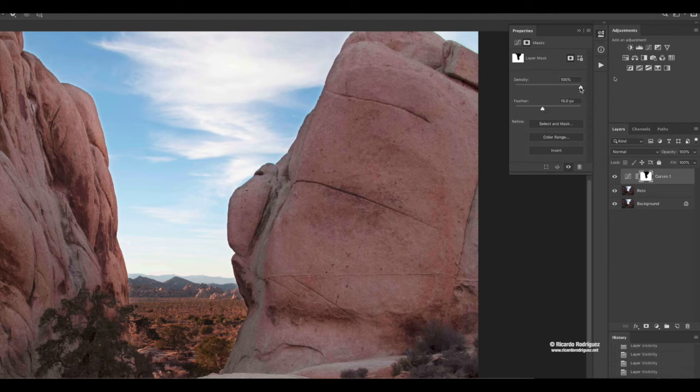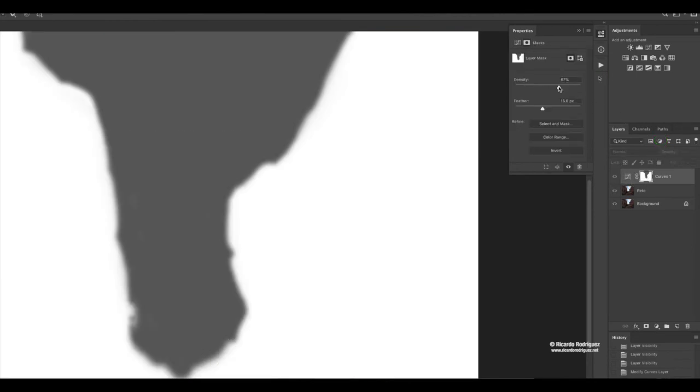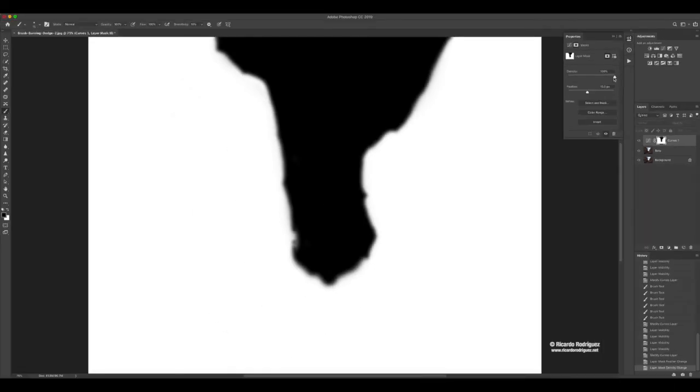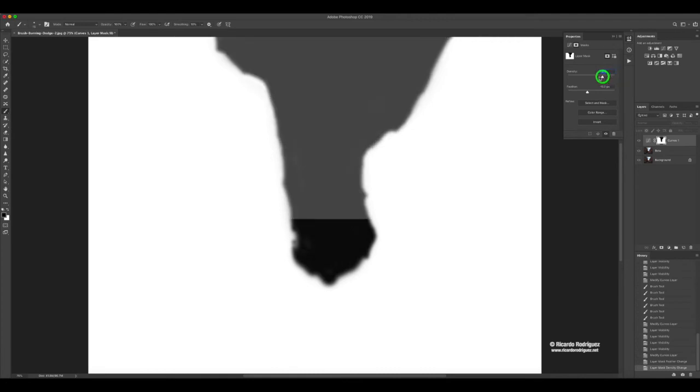You can also change the density. Okay, so that means that you can change, let me show you what that looks like. If I click here, the density is how black that block is going to be. Okay, so right now it's at 100%. So that means that it's very dark, all the way black. So if I lower the density, it's going to start changing to gray, which means that it's going to reveal